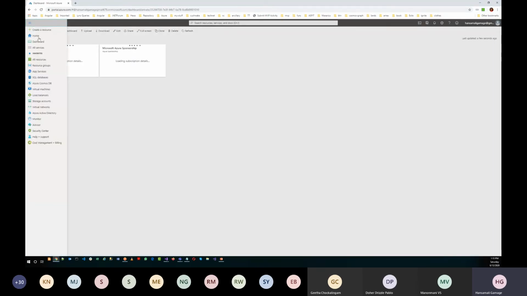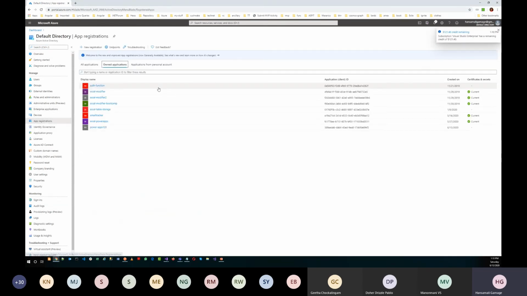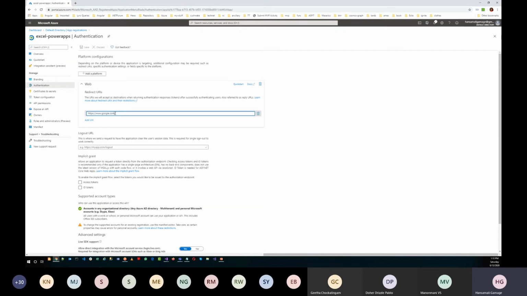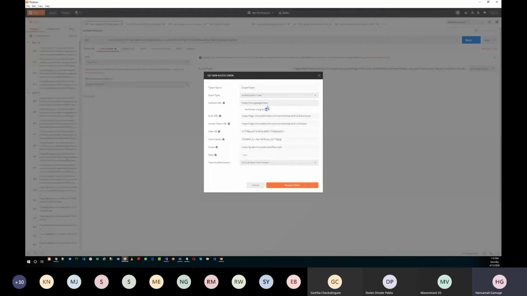So I will move to the Active Directory and app registration. The application we created is this one. The redirect URI we specified is google.com, so you have to provide that one in here.